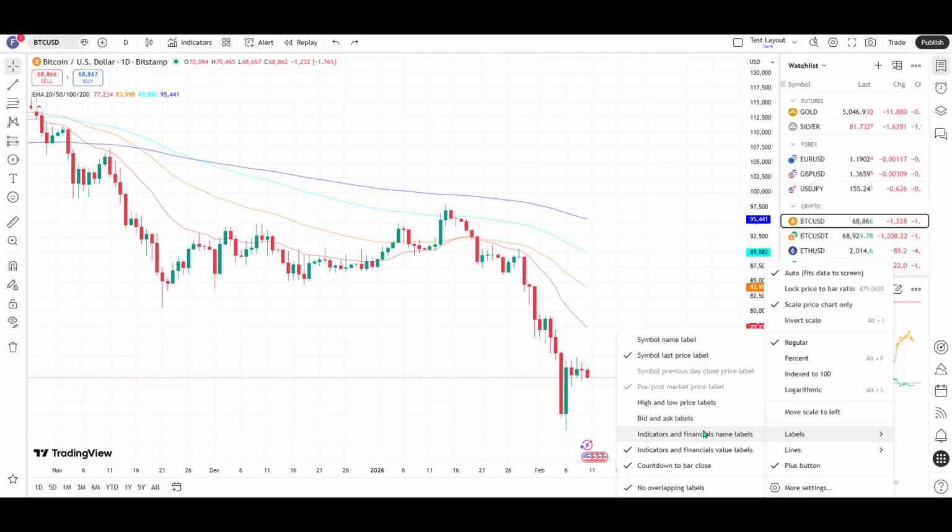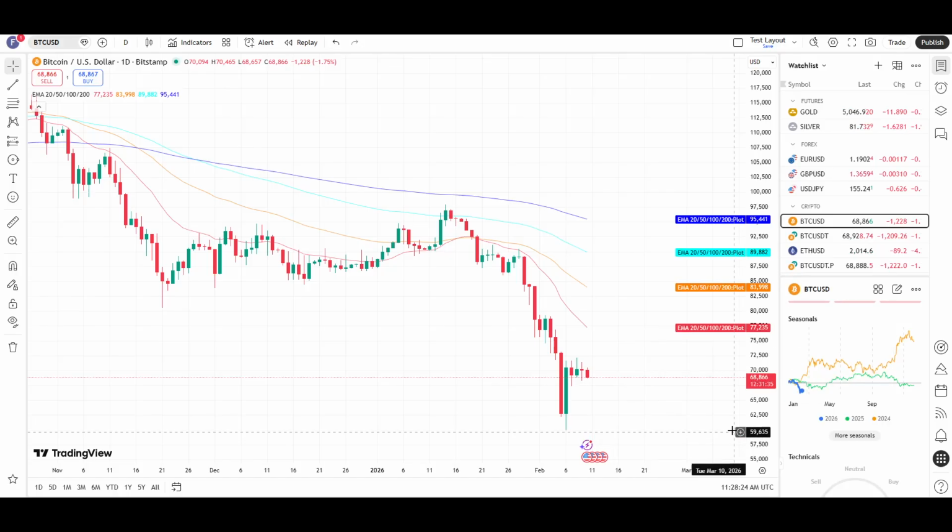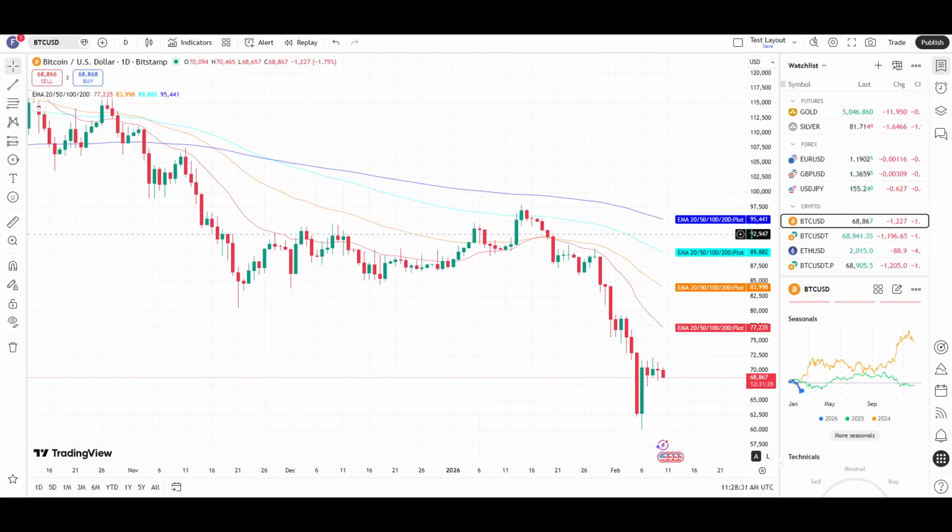From that expanded Labels menu, click on Indicators and Financials Name Labels to enable it. The moment you click, TradingView applies the change right away. You should notice a small check mark next to the option, confirming it's active. This setting is a simple toggle, so you can turn it on whenever you want your indicator names visible alongside